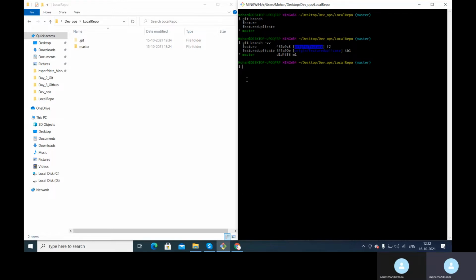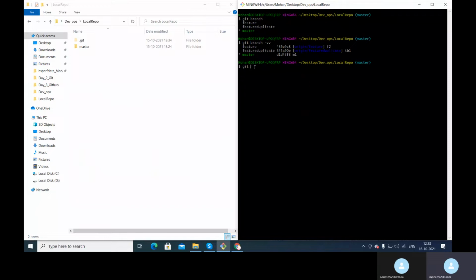So how we actually have to create it is, when you want to create a local tracking branch for a particular branch, we need to delete that branch first, and then we have to create a local tracking branch for it again, because git fetch will automatically create the remote tracking branch that we saw yesterday. I'll show you the same process with another branch, but for now we have done it for feature duplicate as well as for feature.